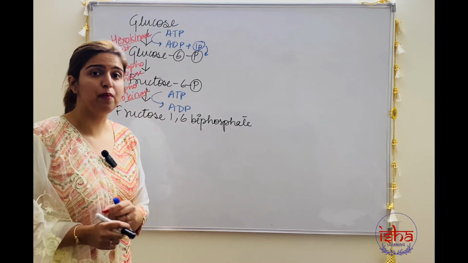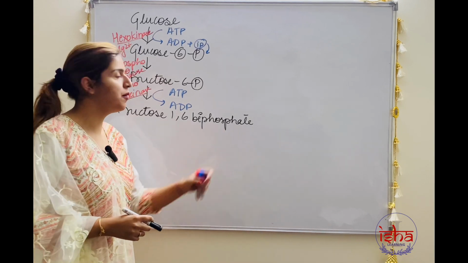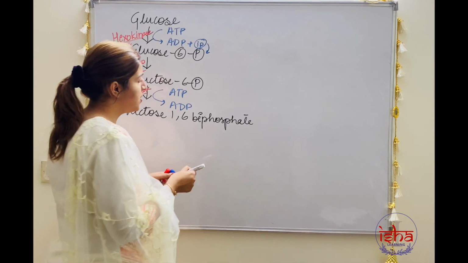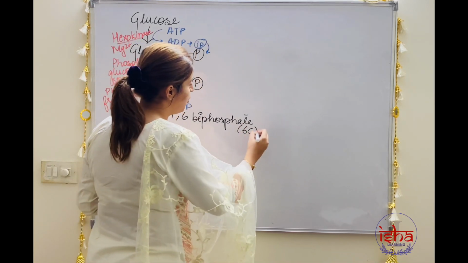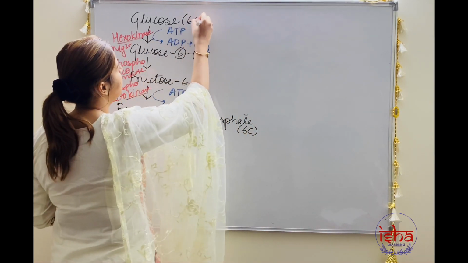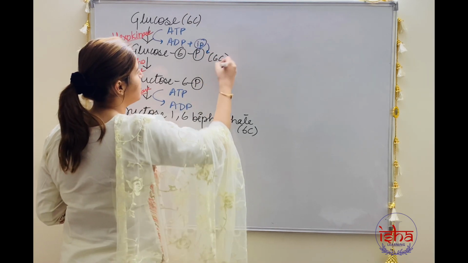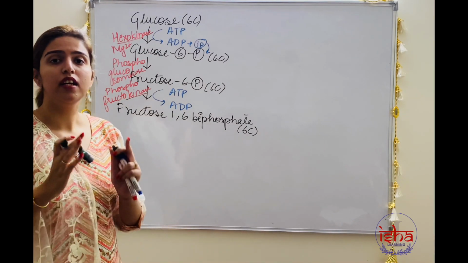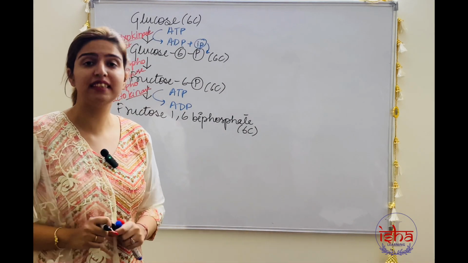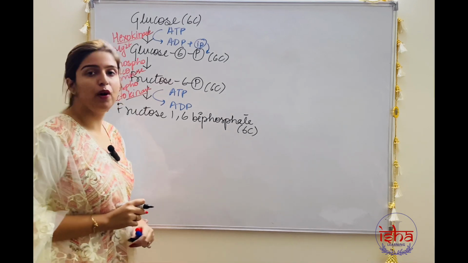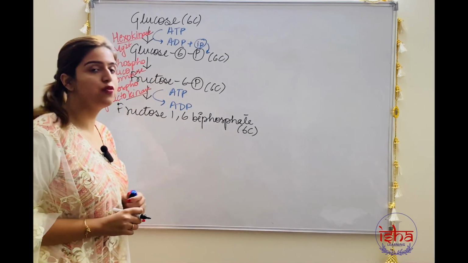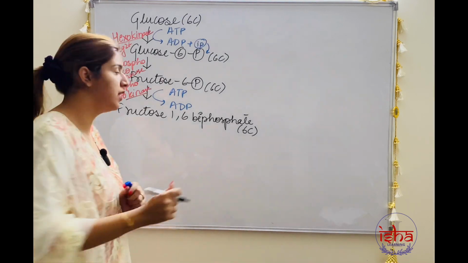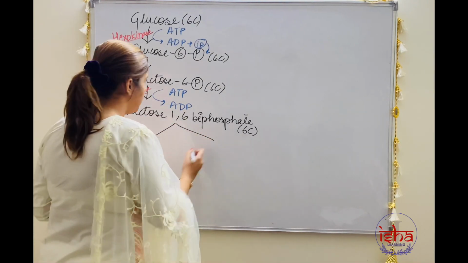In the next step, this fructose 1,6-biphosphate or bisphosphate is basically, you see, a 6-carbon compound. We started with glucose was 6 carbon and furthermore there's just isomerization, okay? So the 6 carbon compounds are continuing. Here we will have the first splitting step. The 6-carbon compound fructose 1,6-biphosphate is going to split into two 3-carbon compounds. That is, first will be your